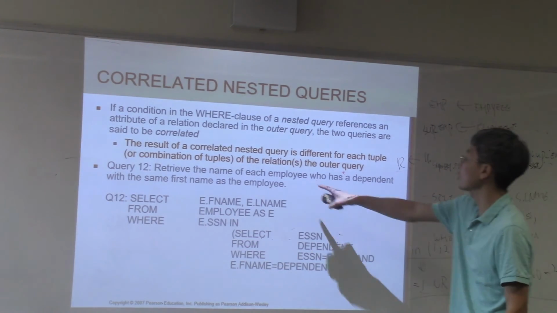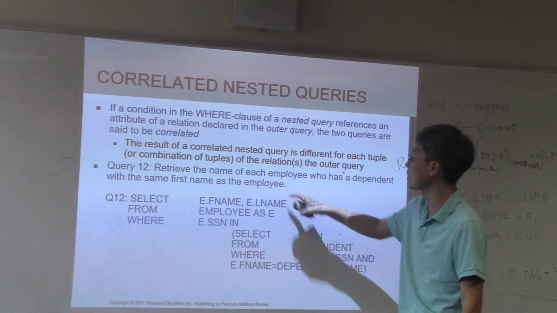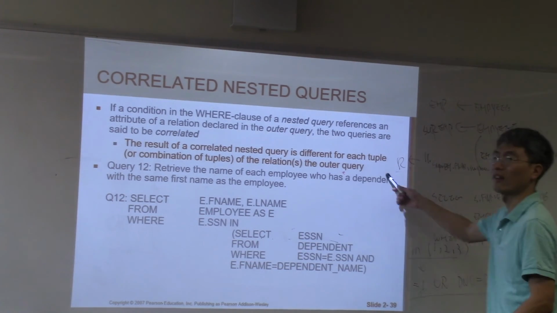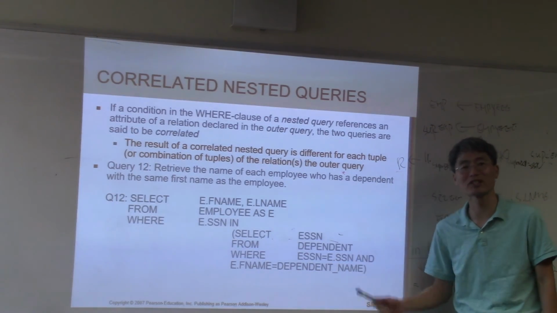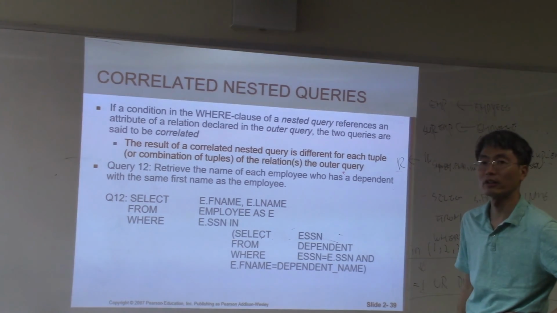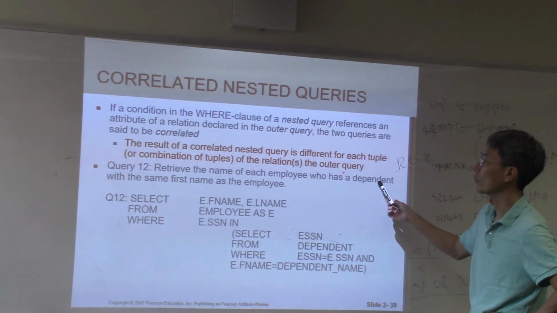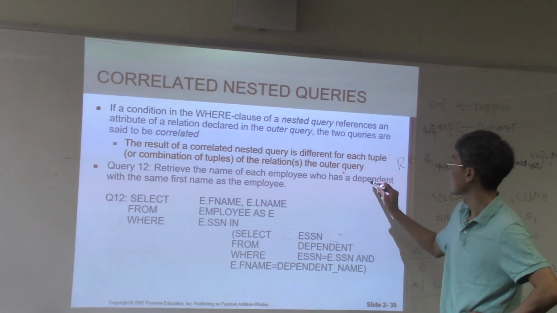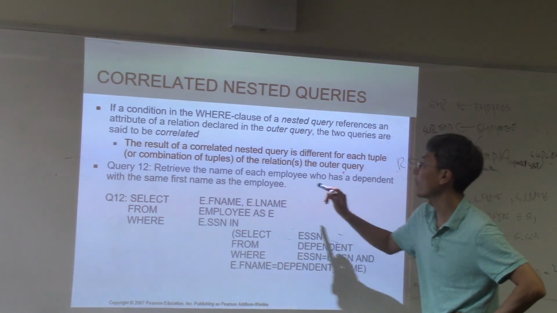Retrieve the name of each employee who has a department with the same first name as the employee. First, you should be able to understand the query itself. Okay? If you cannot understand the query, you cannot make the SQL. So, I'd like to retrieve the name of the employee. I need the employee information. Who has a department with the same first name as the dependent, like the